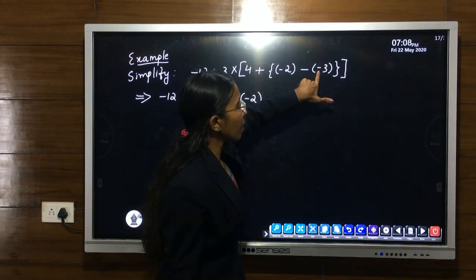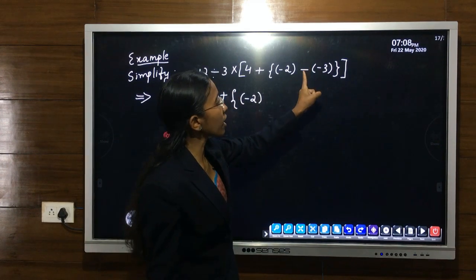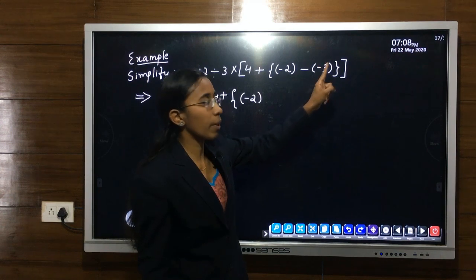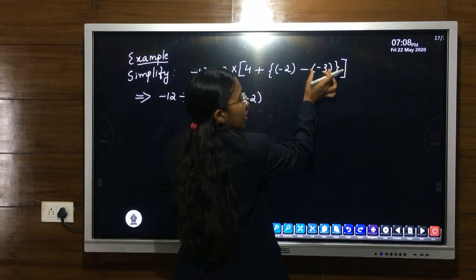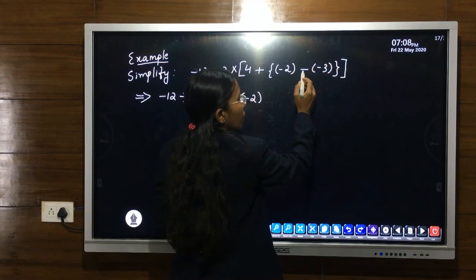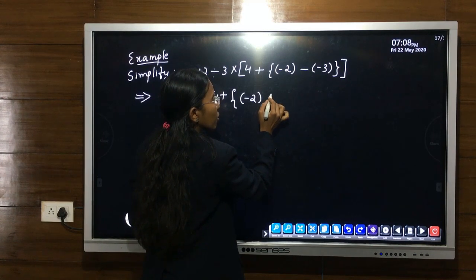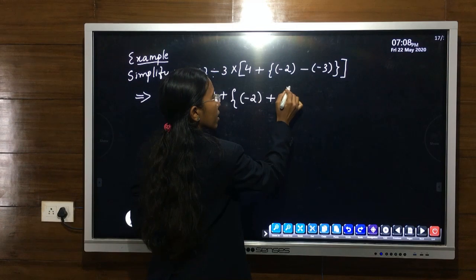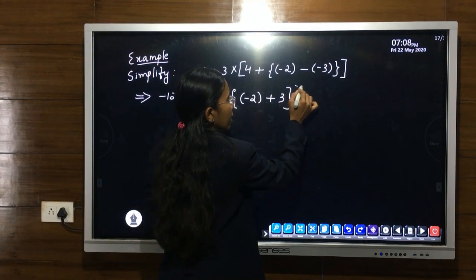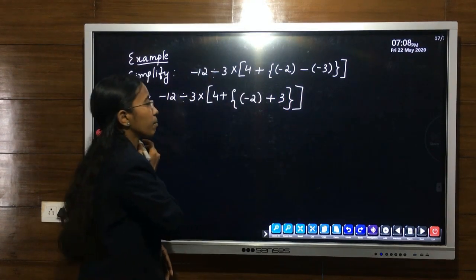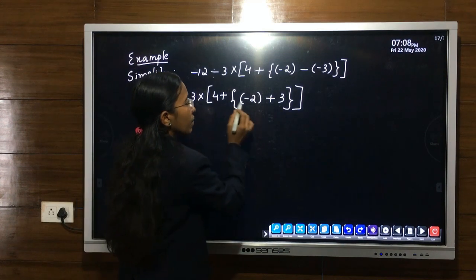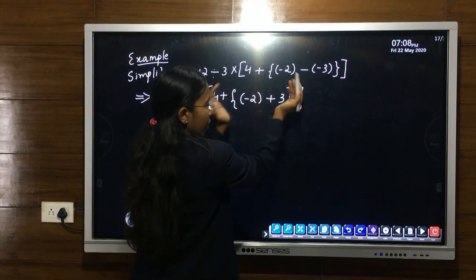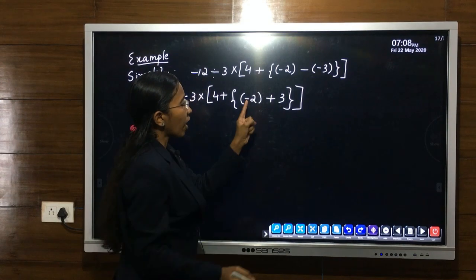So first we are opening this bracket with this minus. What is minus into minus? Minus into minus is always plus. So first we are opening this bracket for minus 3, this one. Minus into minus is plus. So this is minus 2 plus 3. Then remaining only this bracket and last one is square bracket. So again here what is the value of this one? Now we are considering this bracket. Okay, minus 2 plus 3.